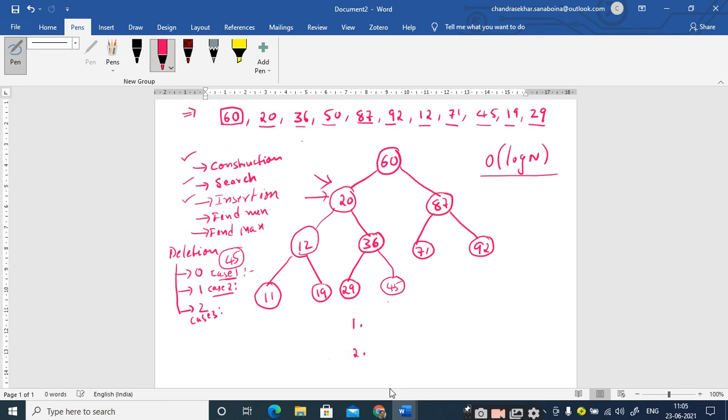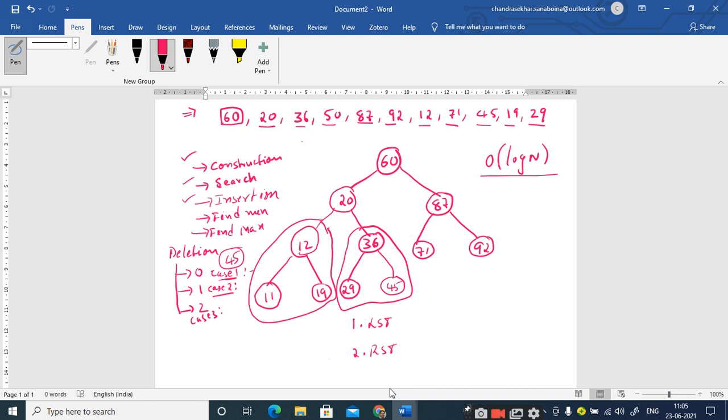The first one is, so listen carefully, this is very important. You are going to remove the node 20 and you have identified that it is having 2 children. So you should identify an efficient node to be replaced with 20, right? So the first method is, either you can take an efficient node from the left subtree, or you can take an eligible node from the right subtree, right? Either you can go with the left subtree or the right subtree. Is it clear up to this point?